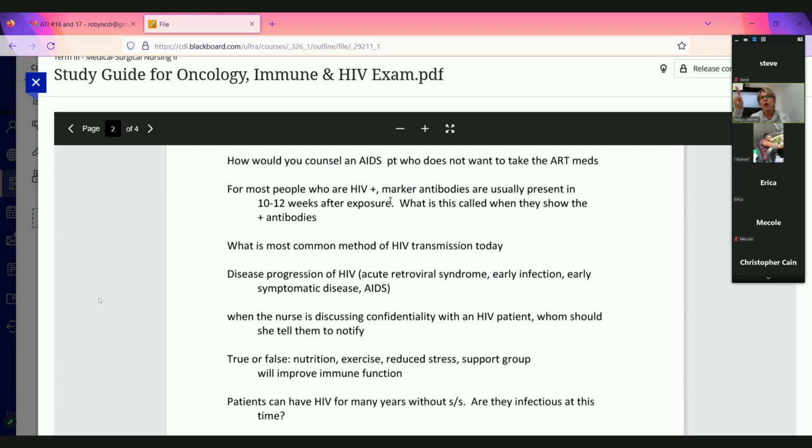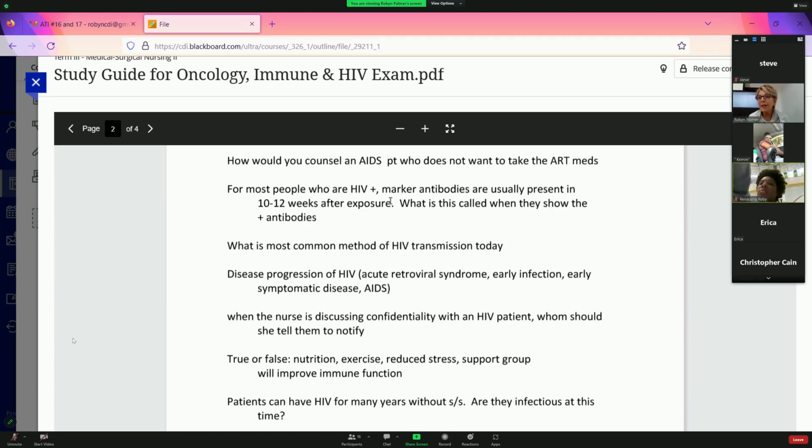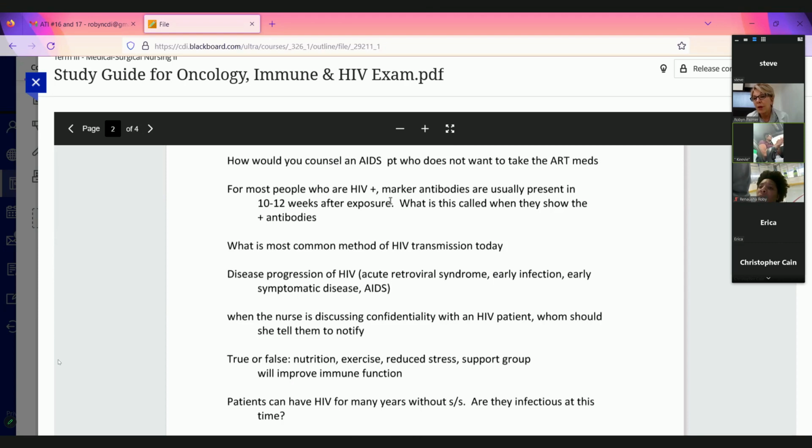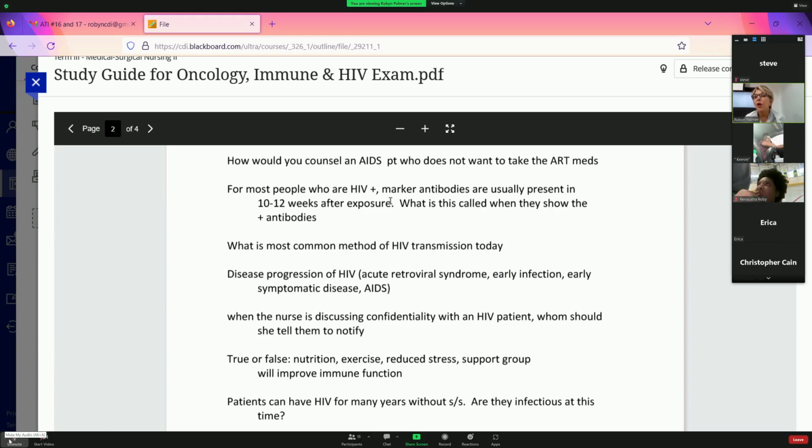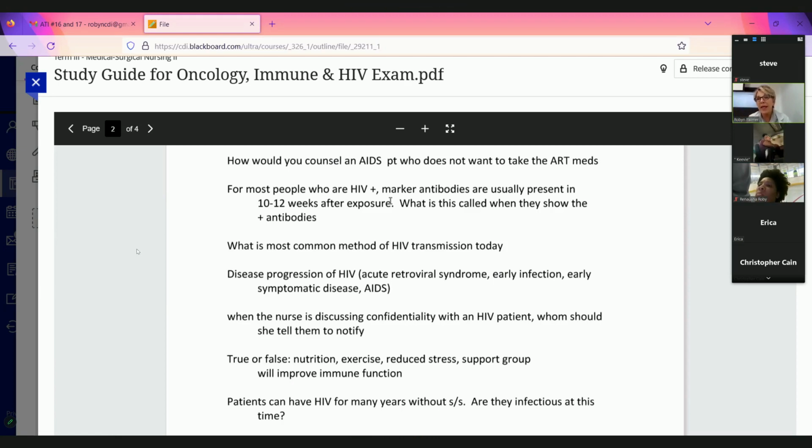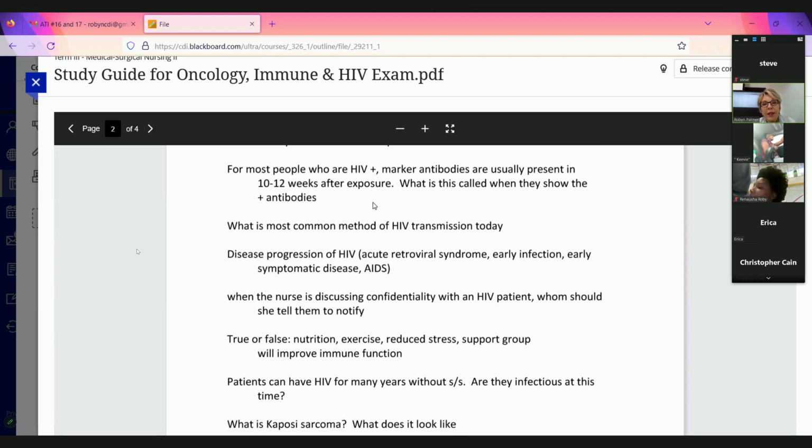Do they have to take it round the clock or during the day only? Round the clock. And what happens if they miss a dosage? They can convert. They develop a resistance to the medicine. So they must take their medications around the clock, and they can't miss. For most people who are HIV positive, marker antibodies are usually present in 10 to 12 weeks